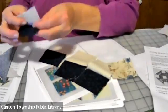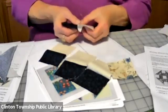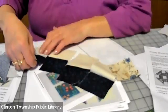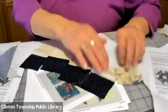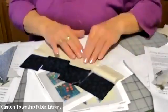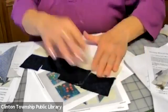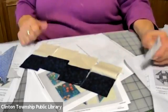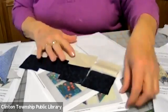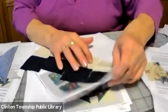And then here's the one that I had not sewn together so that I could show you how to assemble those. As you're working, keep in mind, I was just noticing what a difference that looks like on screen. This one looks very light compared to these other ones that look very beige, but it's just because it was up. Now, the pattern for the churn dash, the pattern that you were given,